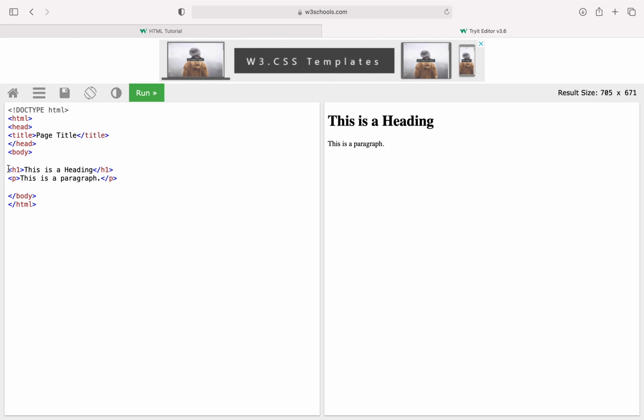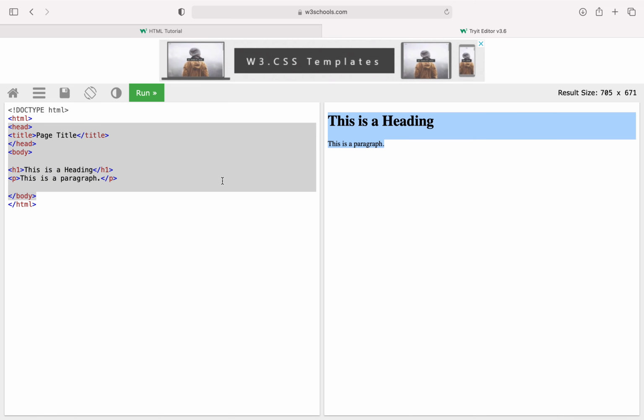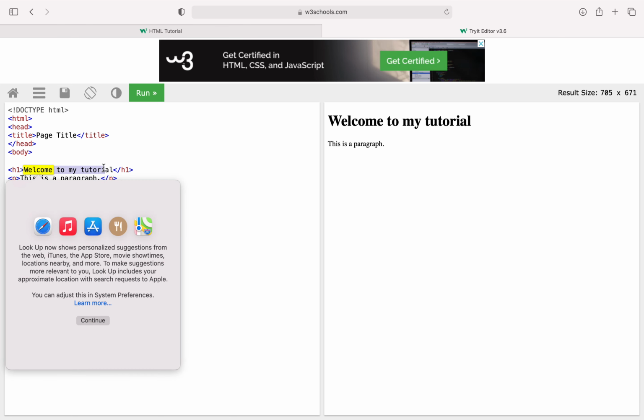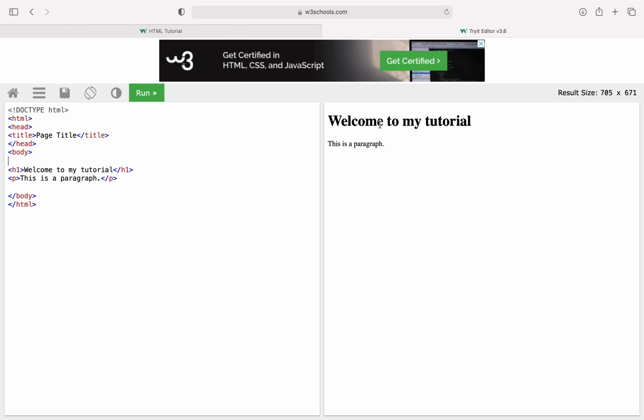Here it's written this is a heading, and on the right side the same thing is coming. If you write this code, this output comes, these two lines. Let's say I'm going to change this heading to welcome to my tutorial. Whatever we want, based on our requirement, we will write the content here, and the corresponding output will come on the right side.